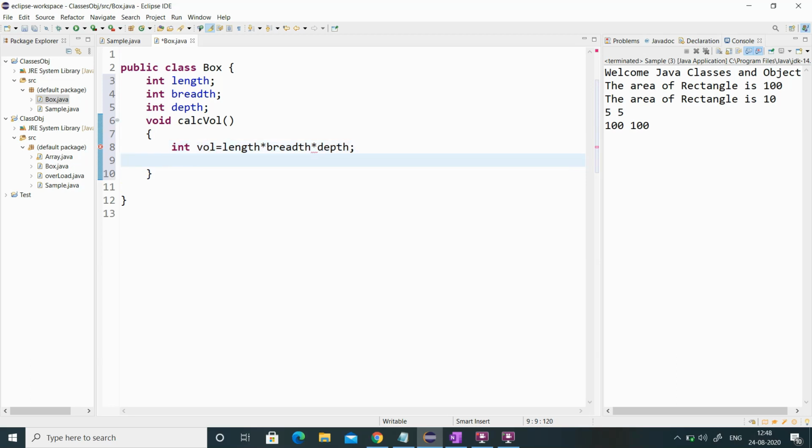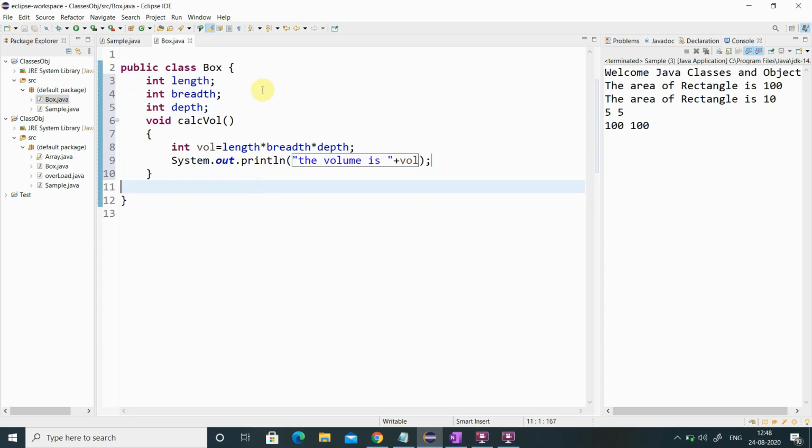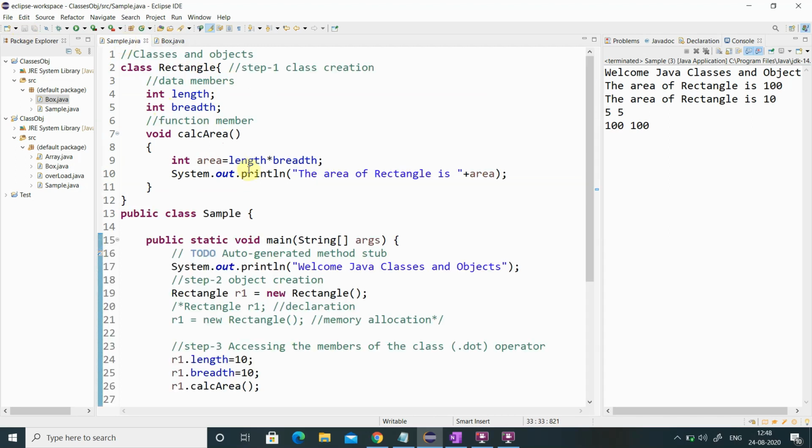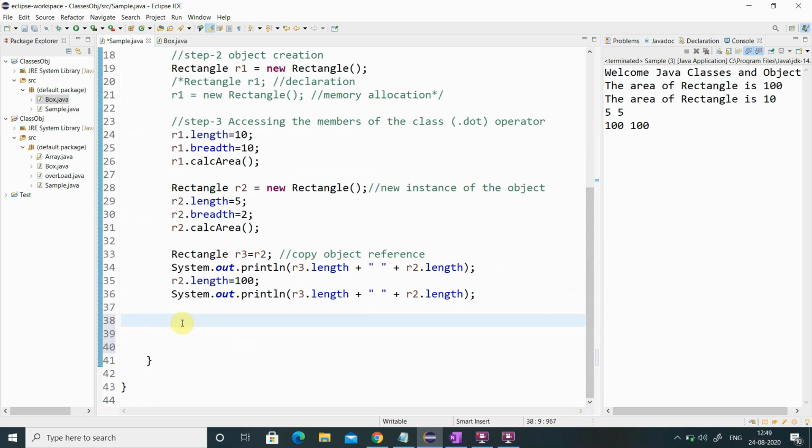Now I want to print it. System.out.println the volume is, and I print the volume value. In this class I have created only the data members and the function member, and I am saving it in the file called Box.java. Now I go to my main program, and I am going to create the object for the Box class. Box b is equal to